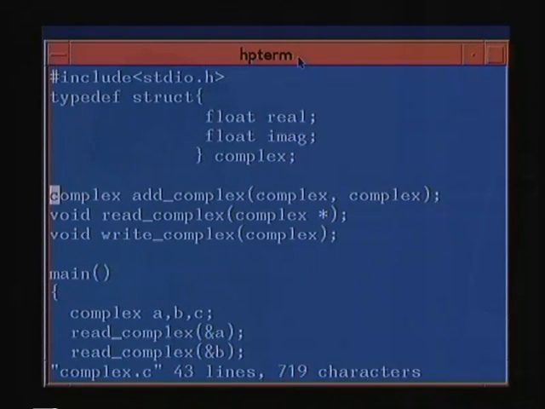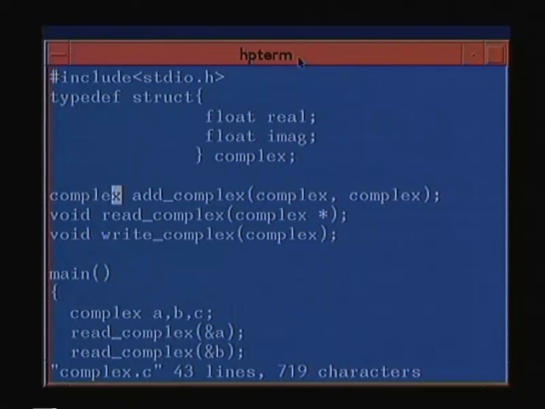So in order to define the structures of the functions ahead, you can define them by just defining their type declarations. We have made no variable declarations, please note. Here typedef, I have taken float real and float imaginary and called it complex, and I have defined complex add.